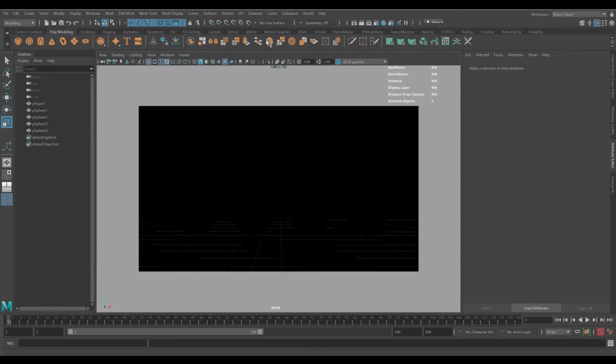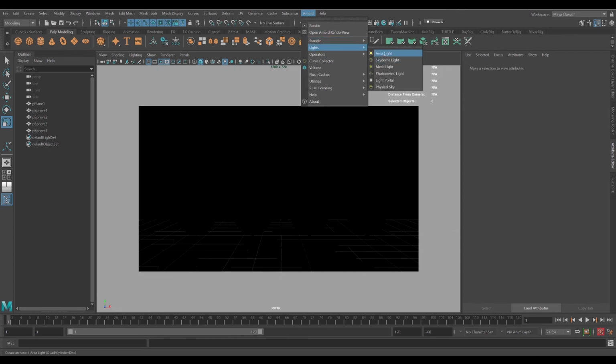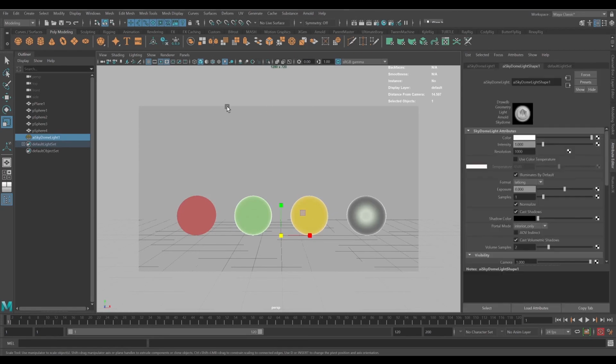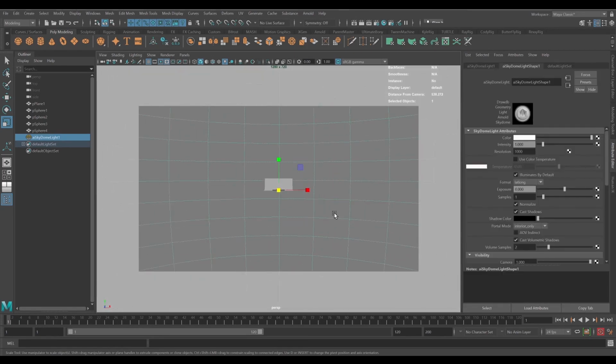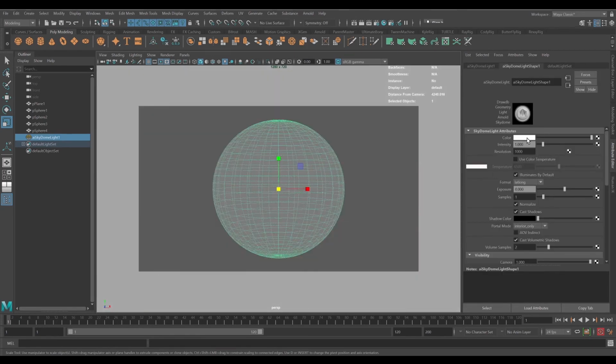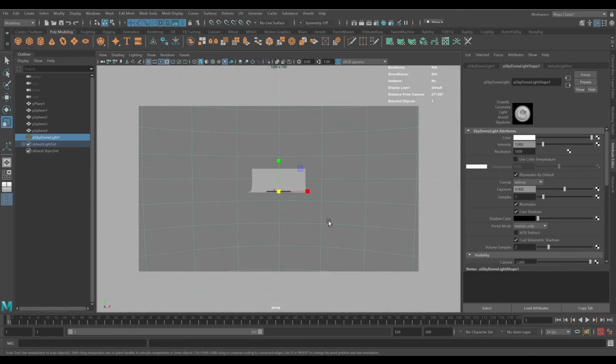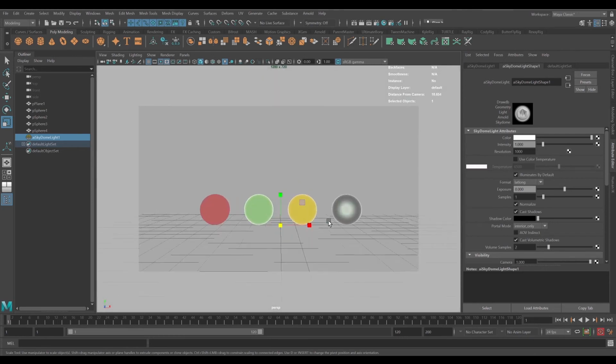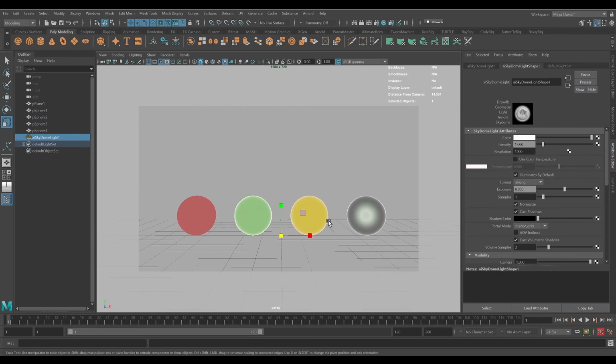Okay, so we're going to delete this one. I'm going to go to Arnold lights because we have some options. You'll see you also have an area light over here. So by default, you can just use the Arnold area light and it's incorporated into Arnold. The Sky Dome light just puts this giant dome around the scene and it spreads whatever color you have evenly over the whole scene. The reason that I want to bring this one up real quick is to talk about